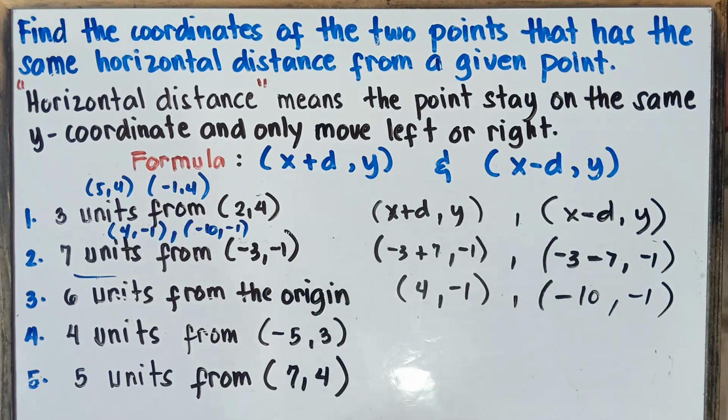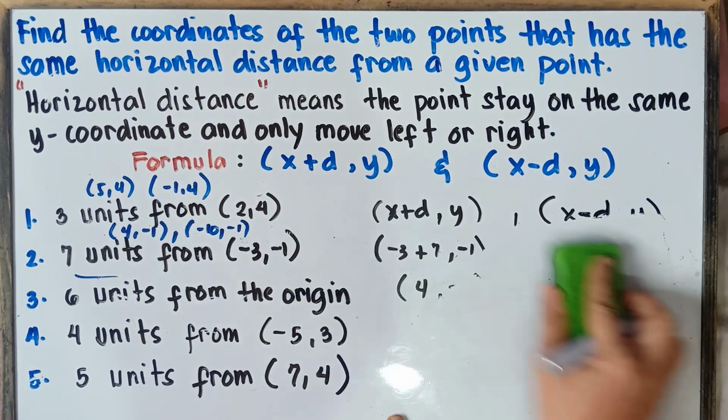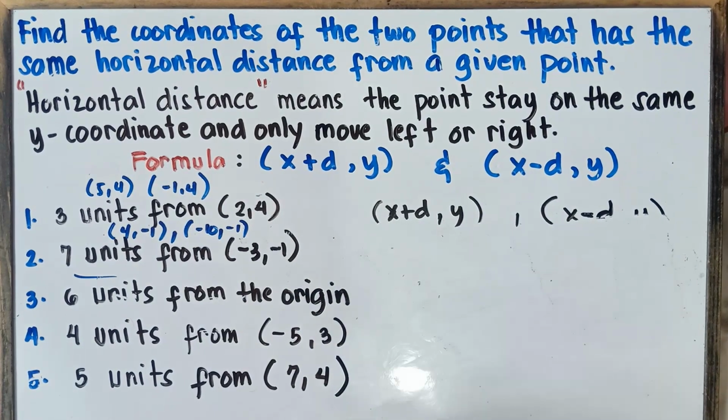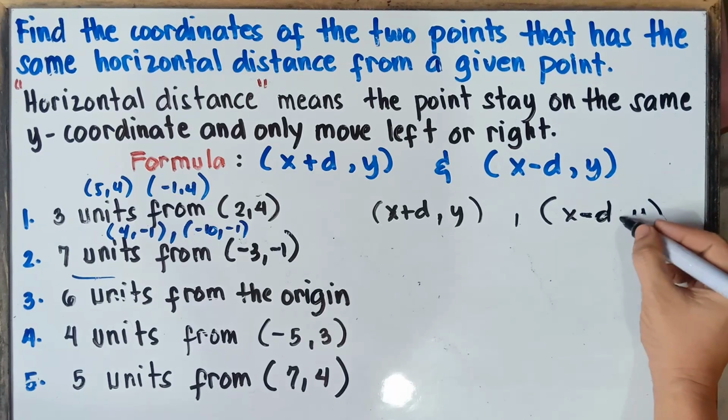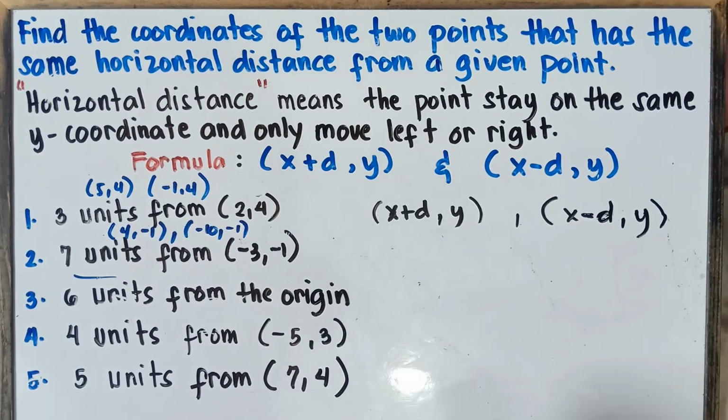Alright, so let's proceed now to number 3. So once again, I will give you 5 examples for you to really understand this one, class. Alright, so example number 3, from the origin. So what will be the ordered pair, class, from the origin? That's correct. From the origin, it means